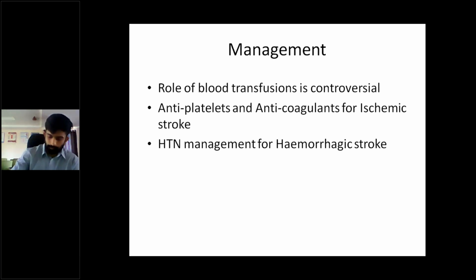So hypertension management in hemorrhagic stroke is important in sickle cell disease because you need to choose the drug very carefully. Normally, in case of hypertensive emergency, we go for sodium nitroprusside. In case of stroke, you can go for sodium nitroprusside, or you can go for injection labetalol, which is a non-selective beta blocker acting on both alpha and beta receptors. You can also go for nifedipine or nicardipine, but the preferred drug of choice is still labetalol.